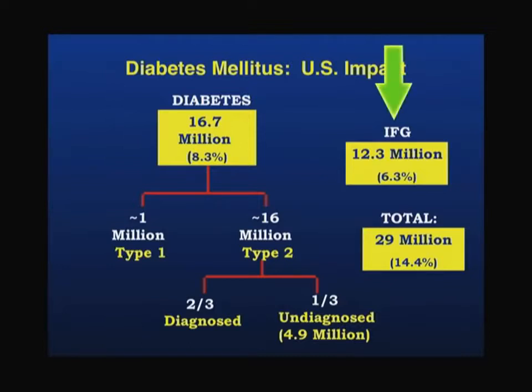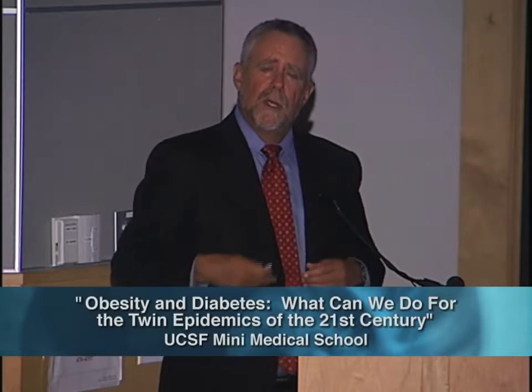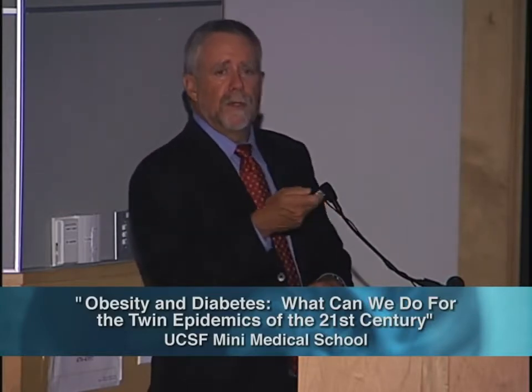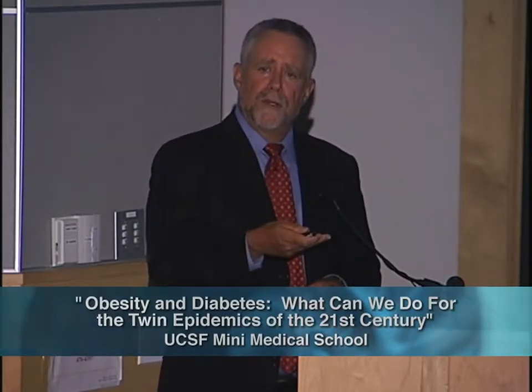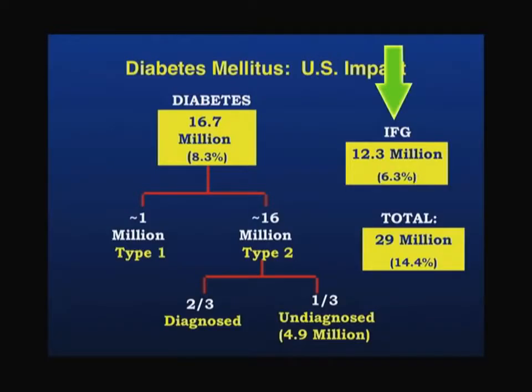And then there are a whole bunch of other people who have prediabetes, or what we call the metabolic syndrome. And they're the people who are not unlike the people I talked about the first week, who also have high blood pressure and cholesterol, blood triglyceride disorders. And those tend to go together. Central obesity, hypertension, a high blood triglyceride, a low blood HDL, and a high blood sugar. Not quite high enough to be called diabetes, but high enough to be called impaired fasting glucose, or IFG.